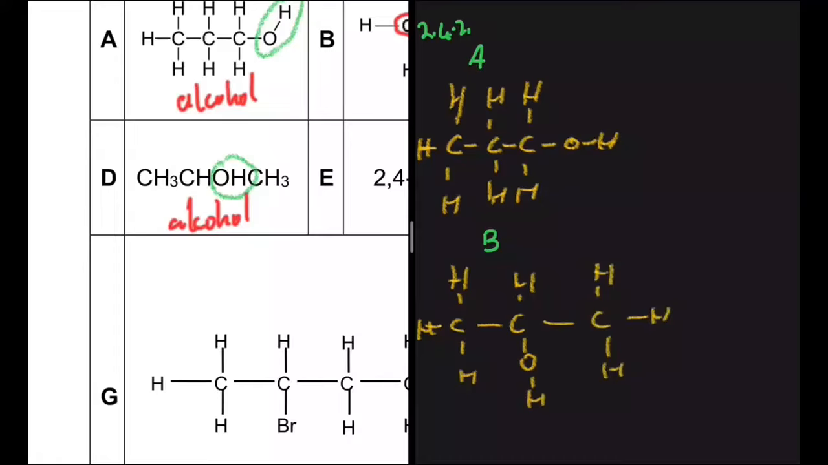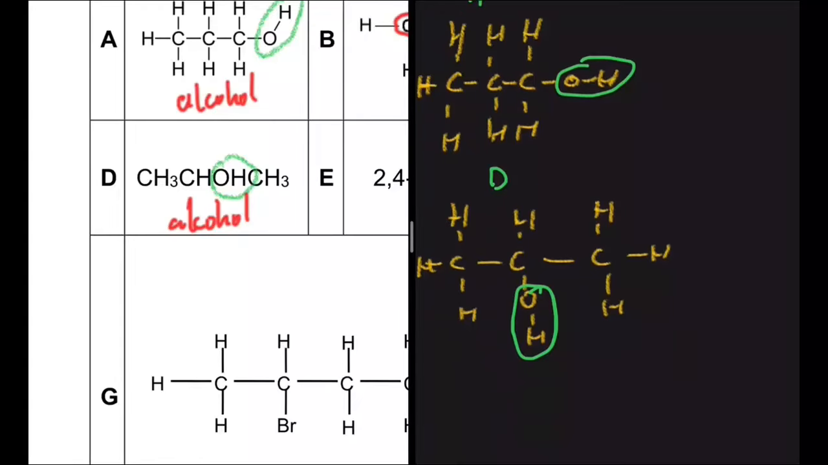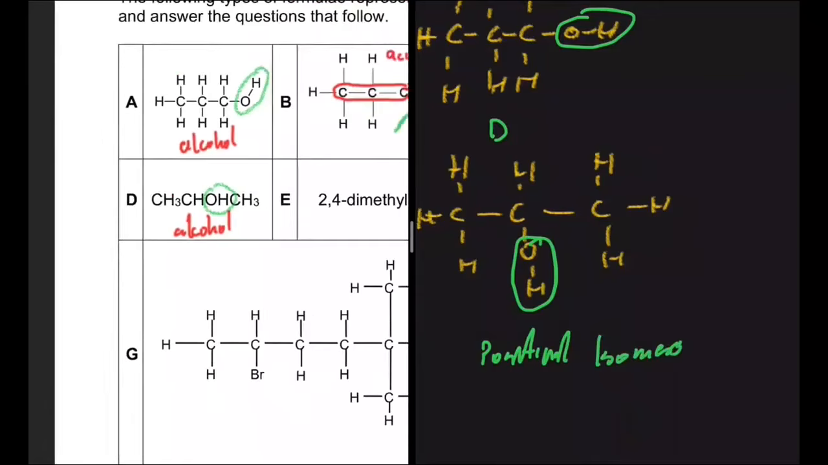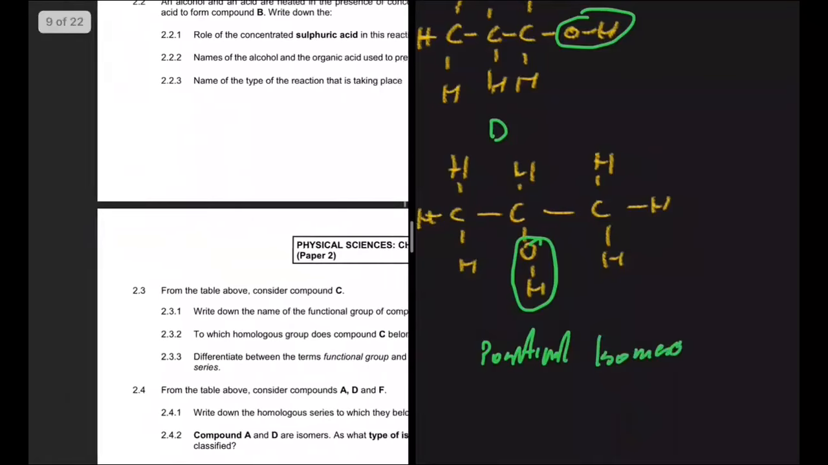So what type of isomers are compounds A and D? Excuse me, compound A and D. So for compound A, the OH is on the first carbon, and for compound D, the OH is on the second carbon. So they have the same molecular formula, but just a different position of the functional group. So those are called positional isomers. So 2.4.2, the answer here is positional isomers. Compounds A and D are referred to as positional isomers. The third question,